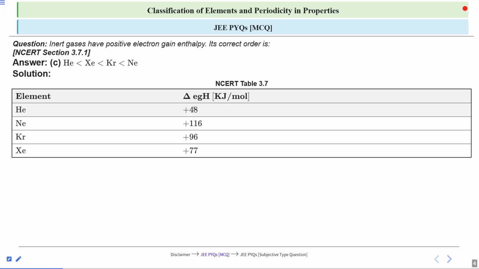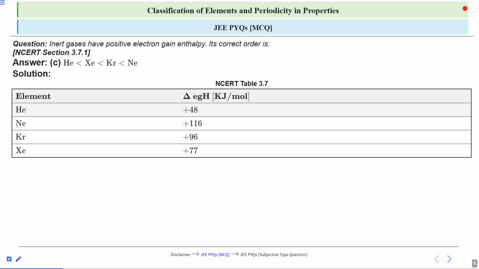After that, we have neon, but after neon, we don't see such a pattern. Then what is the reason behind the exception that has come in the case of krypton and xenon? The reason is involvement of the d and f subshells. Up till neon, there is no d and f subshell in the inner core. But as you move to krypton and xenon, you have more and more d and f subshells coming. Now, due to the poor shielding of the d and f, the proton attracts the outermost shell very strongly and hence their size reduces.